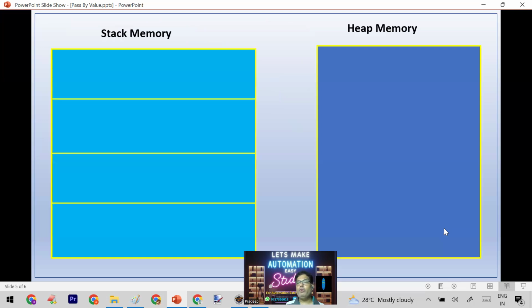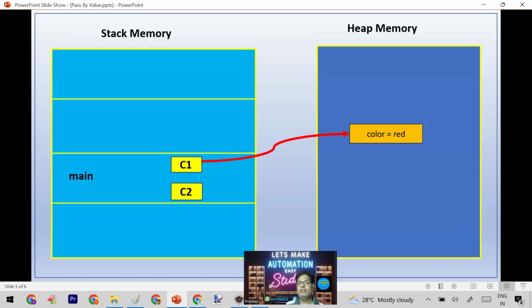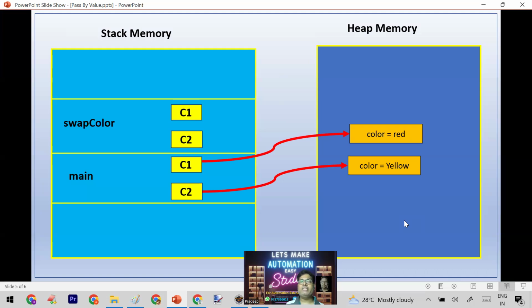Again, this is my stack memory, this is my heap memory. The main method will create one object C1, and it is going to refer to red. C2 is going to refer to yellow. Now this is the main. When it is going to call the swap color method, it will contain two arguments C1 and C2, but because it is passed by value, which is what Java supports,